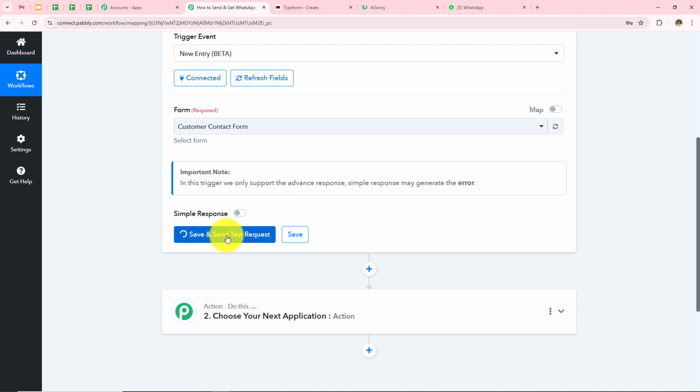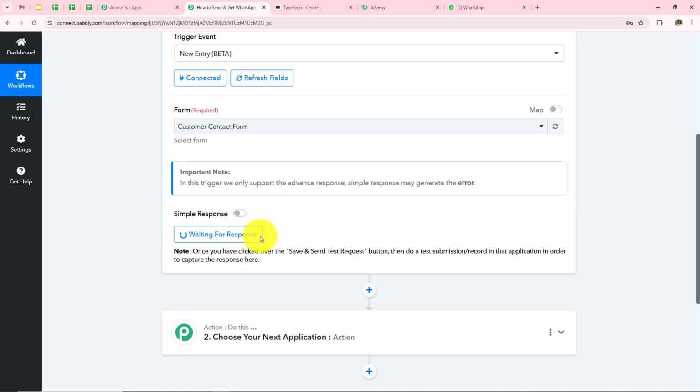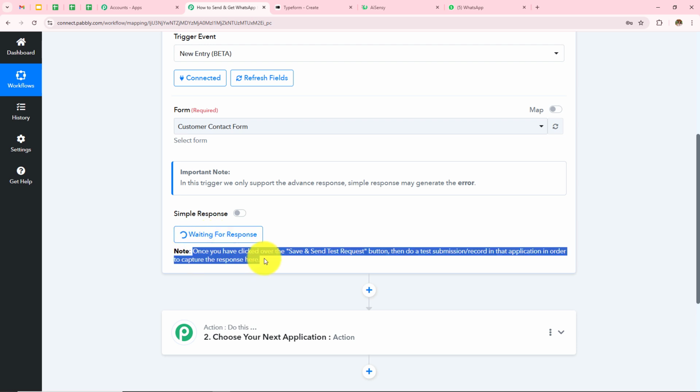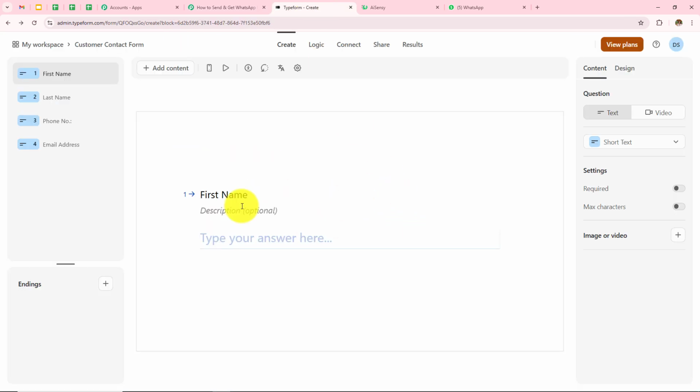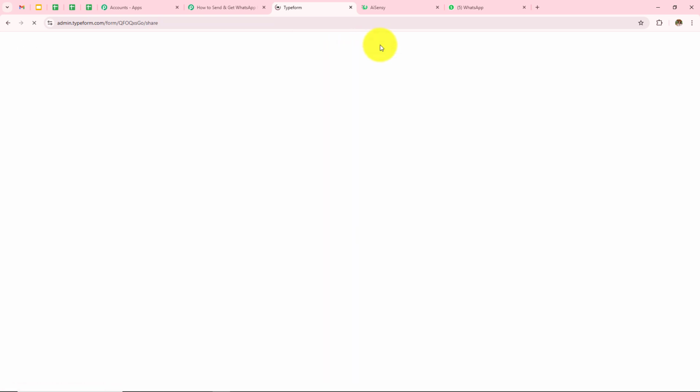then click on the save and send test request. Now over here I can see this waiting for the response, and here it's written once you have clicked over the save and send test request button, then do a test submission in that application in order to capture the response here. So as to get the response over here, I need to do a test submission, for which I need to submit a form, and for that I'm going to click on the share,